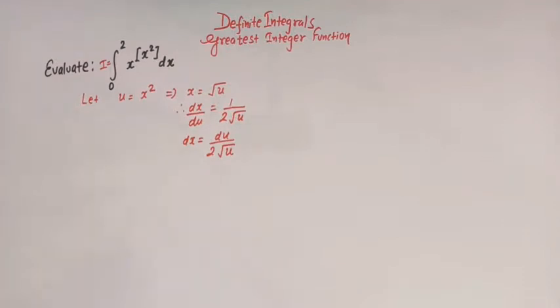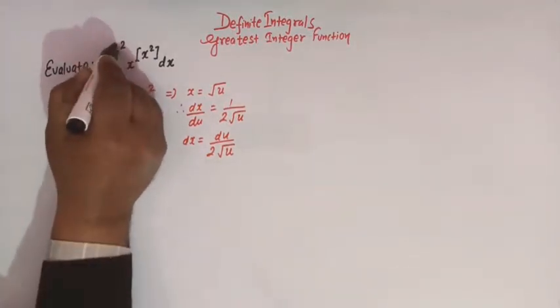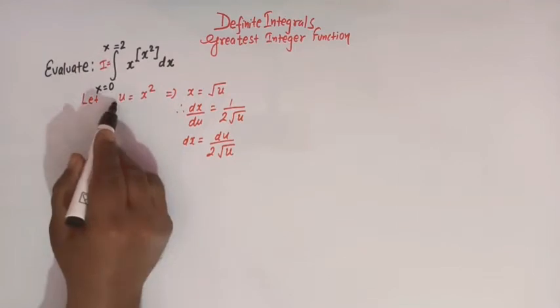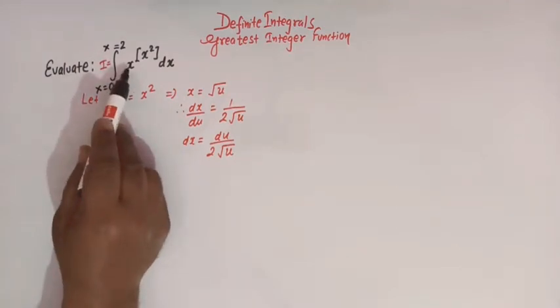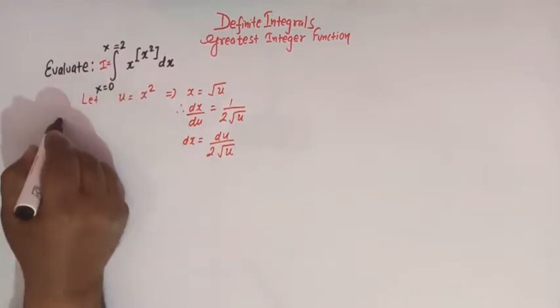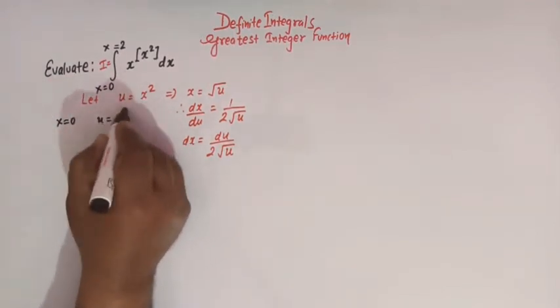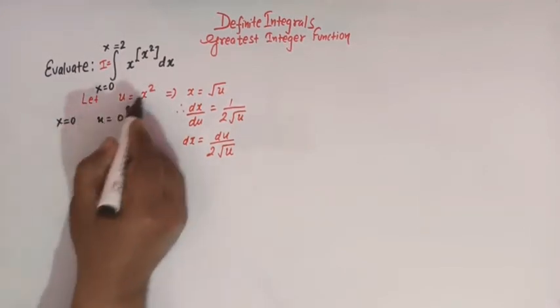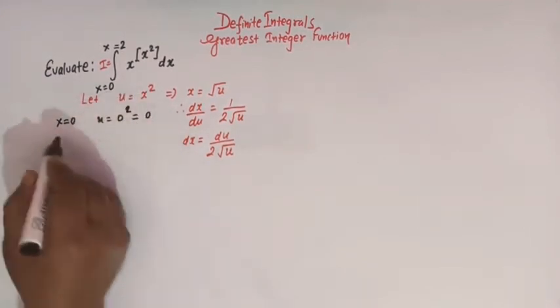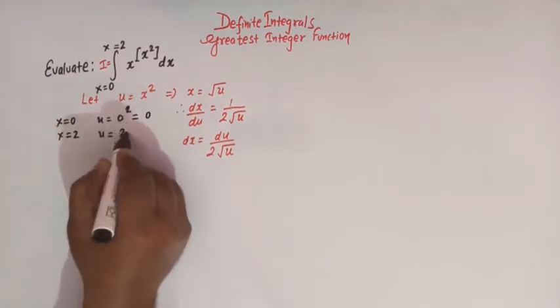Now we'll change the limits, because x varies from 0 to 2 and we are changing the variable x to u. So when x is 0, then u is 0 square, that is 0, and when x is 2, u is 2 square,